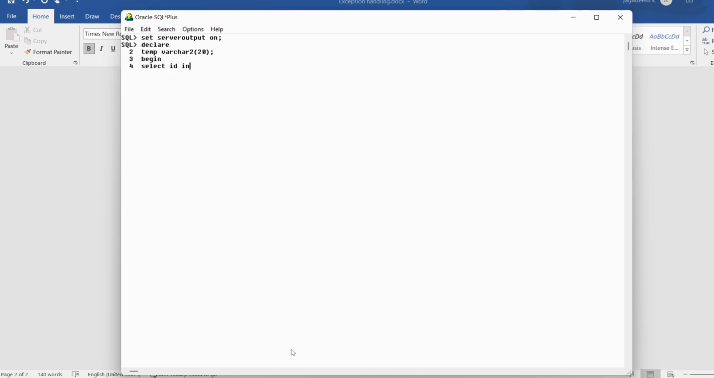ID into temp from Parnika 1, 2, 3, 4 where name is equal to... what are the names we have given? Jagadish, Rajesh and Sita. Have we given any name called Ram? No, we do not have any name called Ram in the table called Parnika 1, 2, 3, 4. So I am giving that one, and no rows will be selected. If no rows have been selected, then you will get an exception called no_data_found